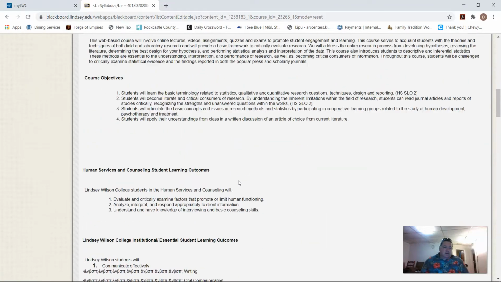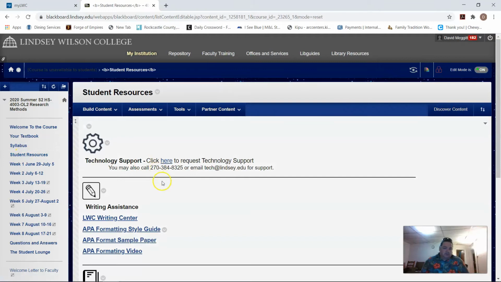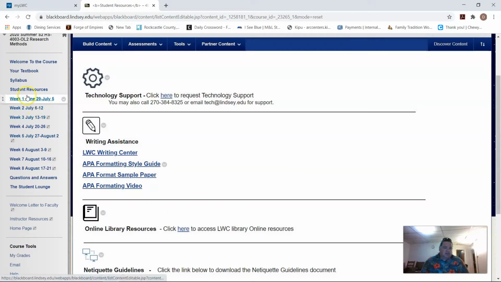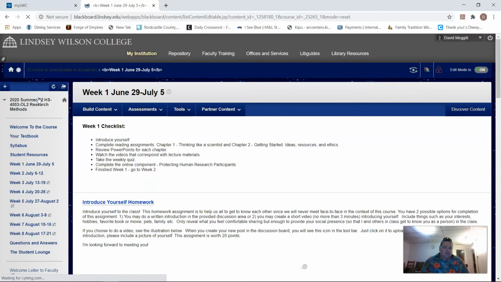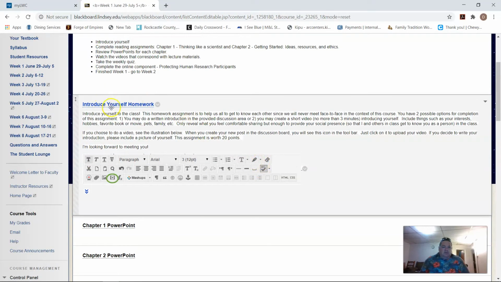And basically with this, you can see your student resources, of course, if you need the writing center, etc. Not really any papers or anything due in this course. It's mainly just reading the information and taking the tests. We do have an introduce yourself